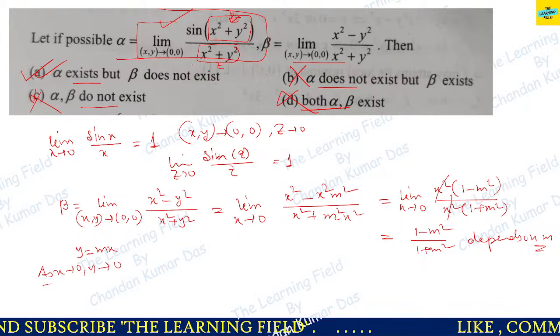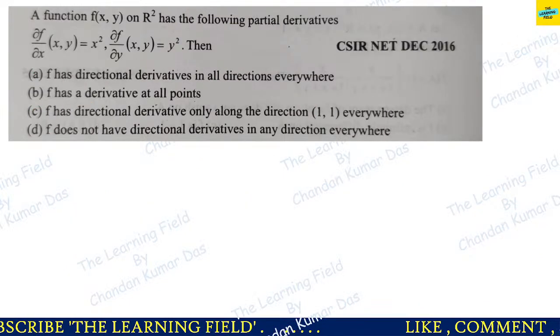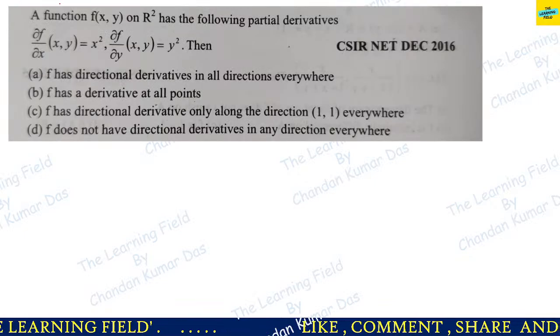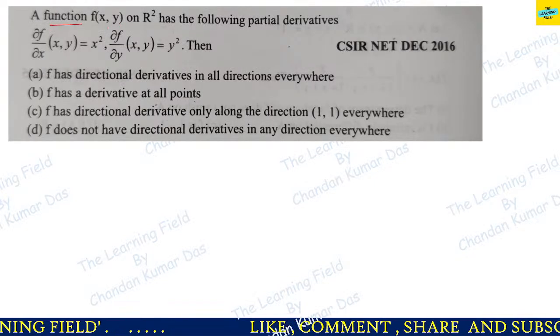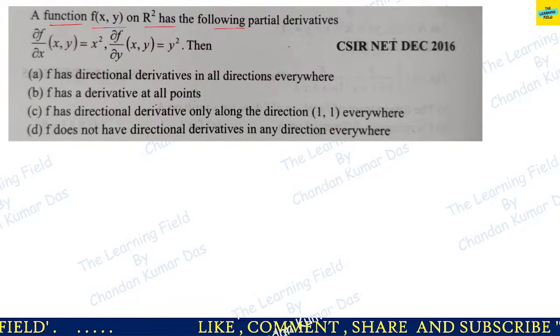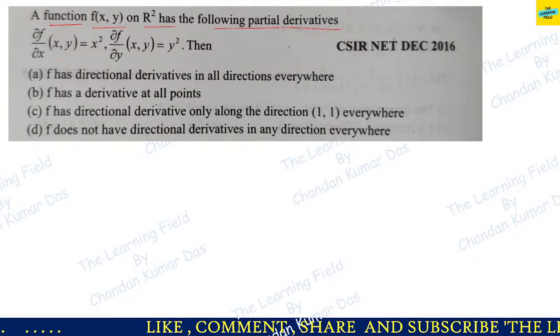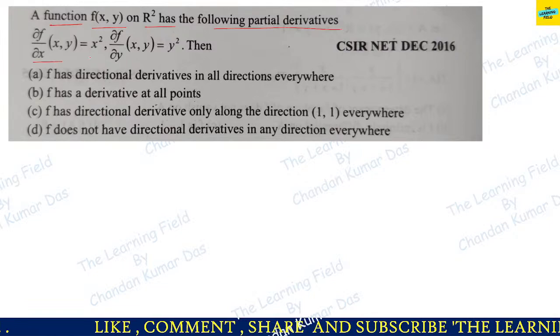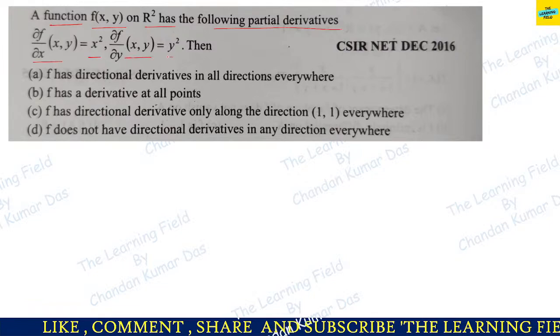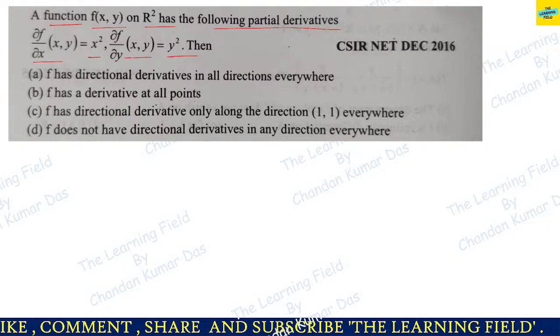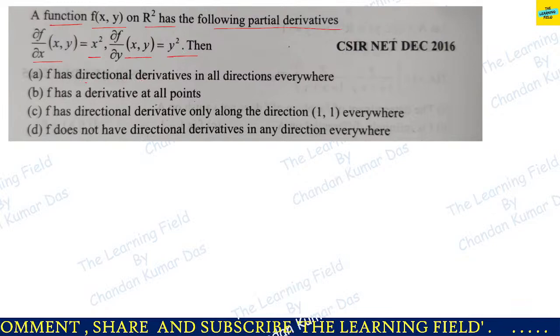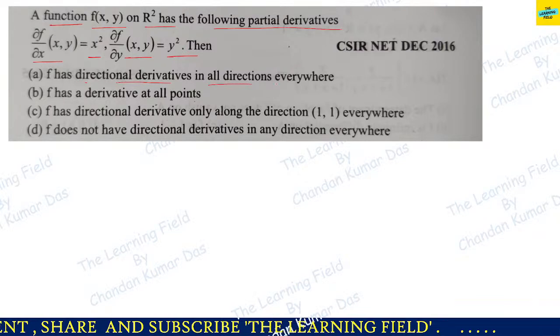Okay, so the next question is, and I think this is the last question for today. It says that a function f(x,y) on R² has the following partial derivatives: del f del x equal to x square and del f del y equal to y square. Then, if it has directional derivatives in all the directions,